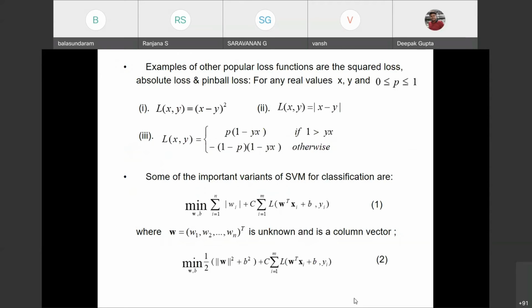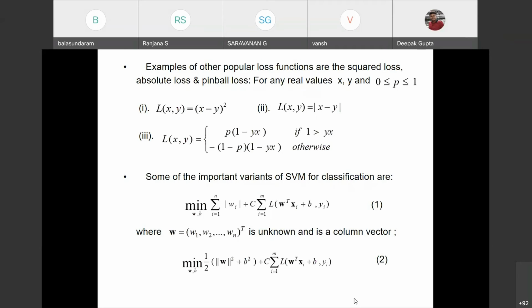As I stated, we have hinge loss as one option. We can have absolute loss, which means that instead of zeta i, you take the absolute value of zeta i directly. Or you can take zeta i squared. And there is also something called